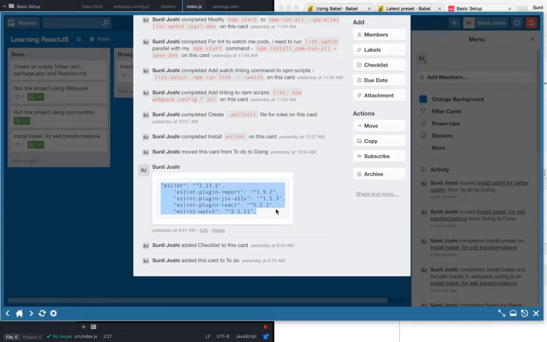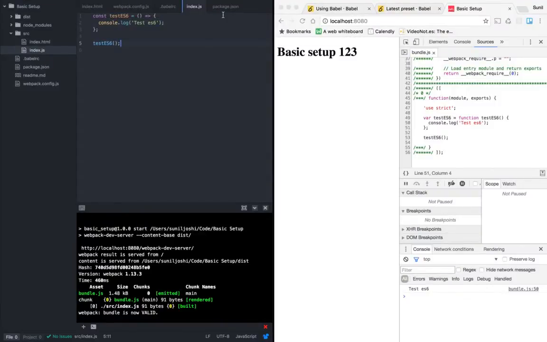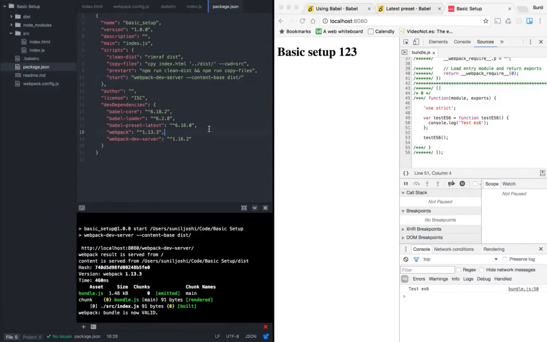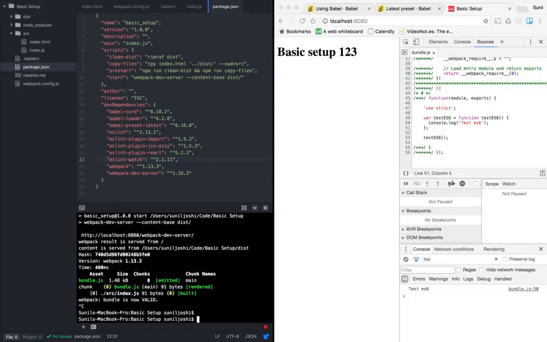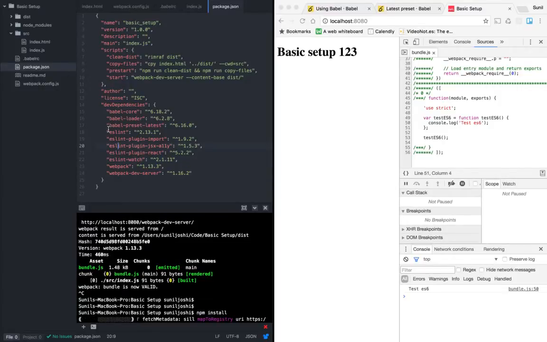What I'm going to do is simply modify package.json. I know this is not the right practice because you might mess up your package.json, but in the interest of time, I'm going to do this. Okay, there was some bad character there. I'm going to save the package.json and run npm install, so that it installs the packages which I've just included here. As you see, it is going to install ESLint. It is going to install some plugins for that.